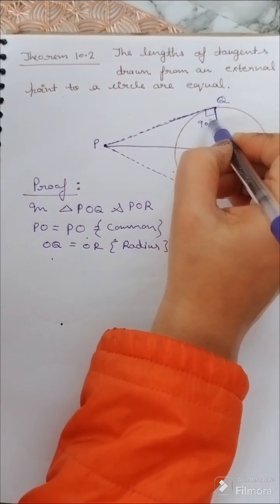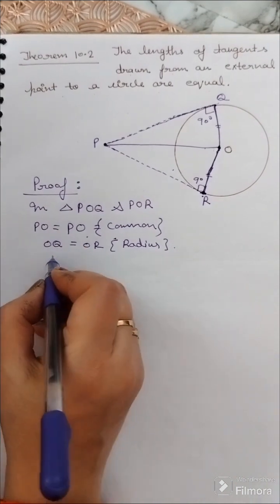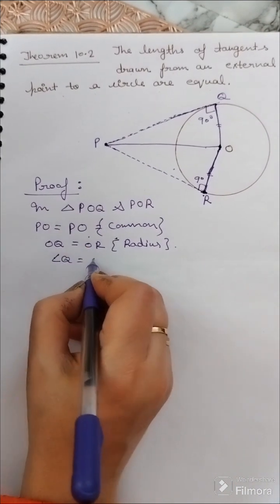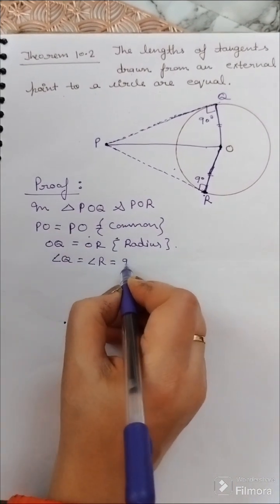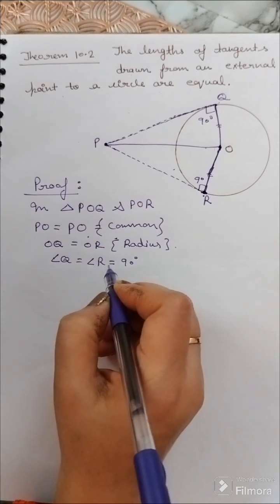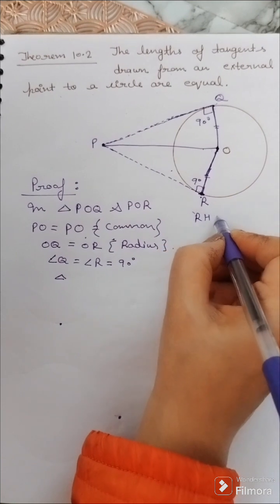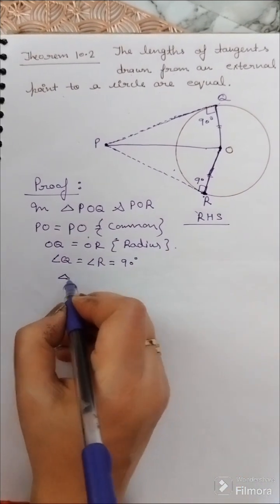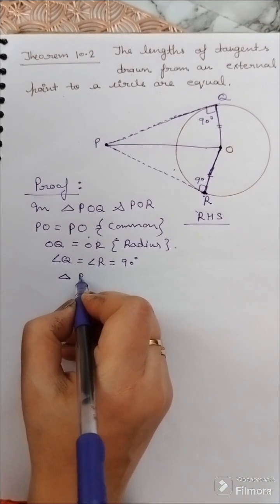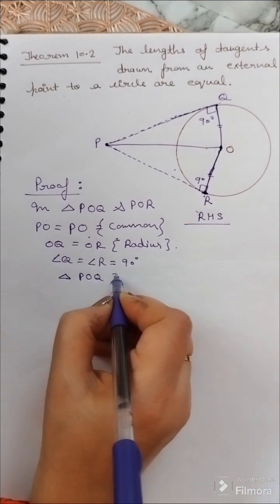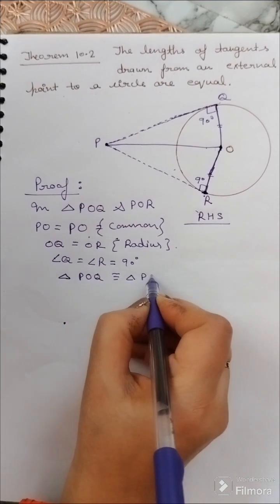This is also 90. So that means angle Q is equal to angle R, which is equal to 90. So by RHS we can say triangle POQ is congruent to POR,